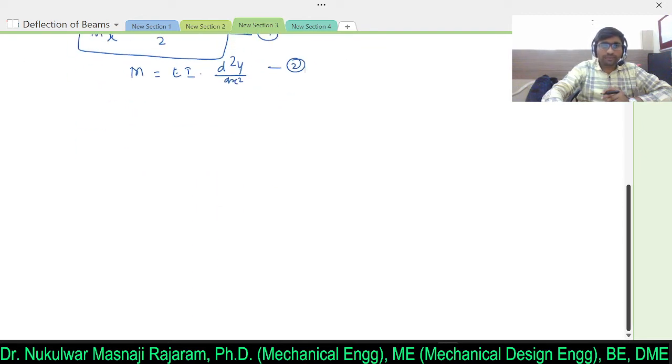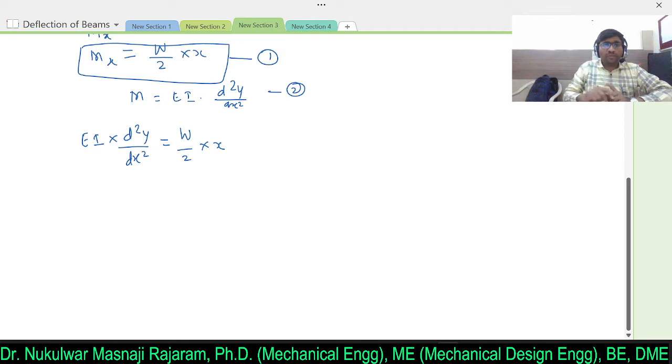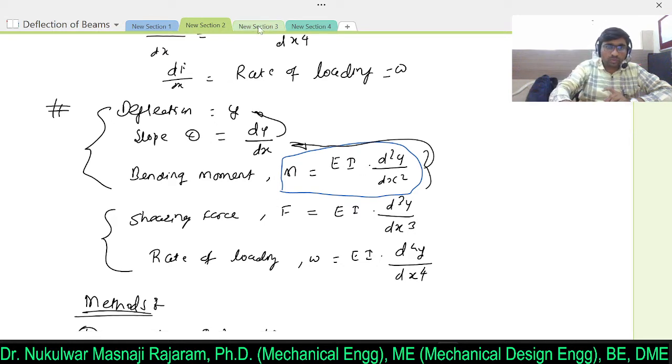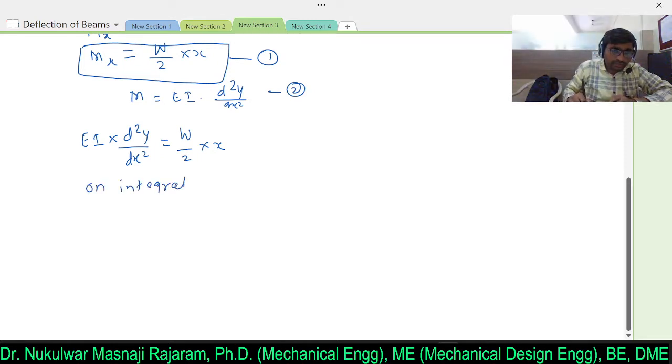then I will write EI into d2y divided by dx square equal to W by 2 into x. Simple. So this is the bending moment equation. As we already discussed, if you take integration of this bending moment equation, we will get the slope equation. So what I will do, on integrating, we get,